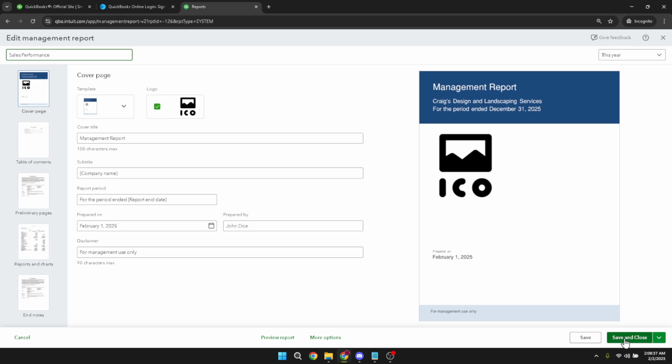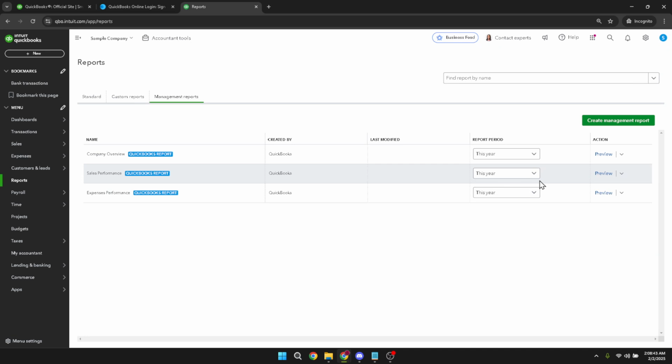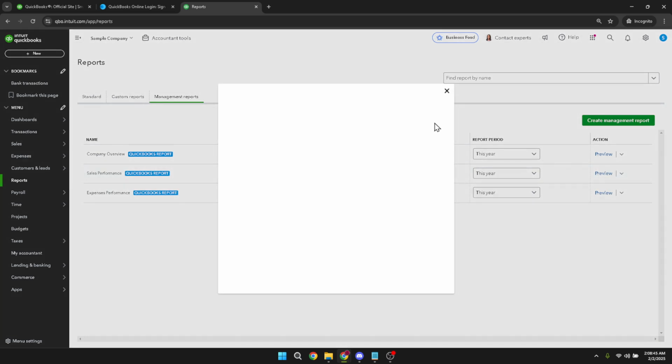Now, direct your attention to the top right corner where there's a drop-down menu. Clicking this will allow you to select the time frame you're interested in. To view today's sales, simply choose the Today option from this drop-down menu. It's a straightforward step, but selecting the right time frame can significantly affect the accuracy of the report you're generating.